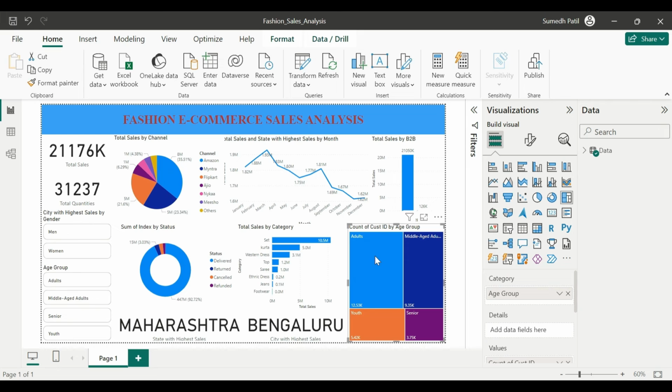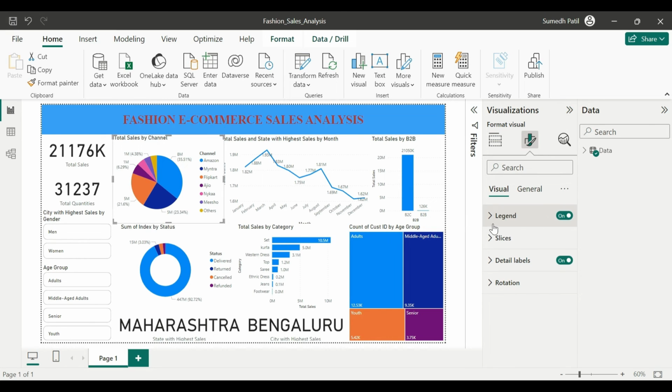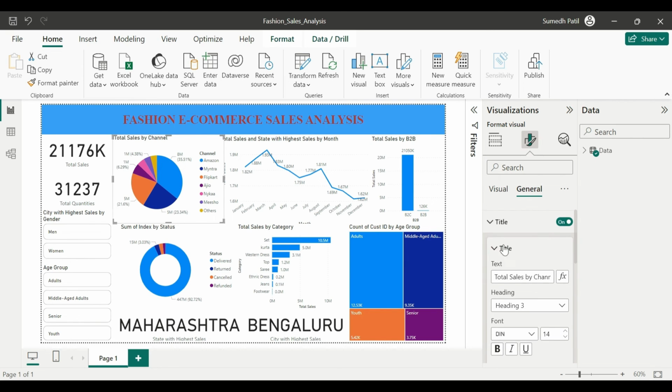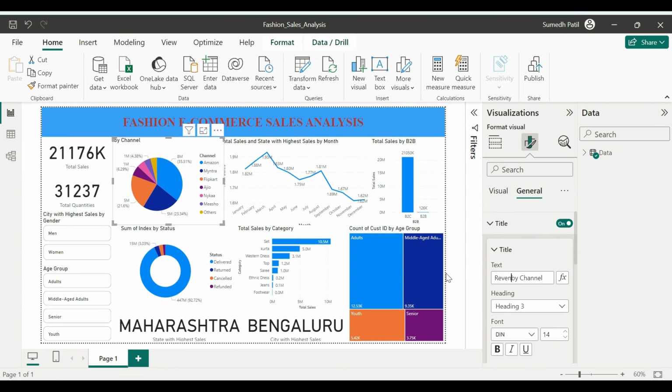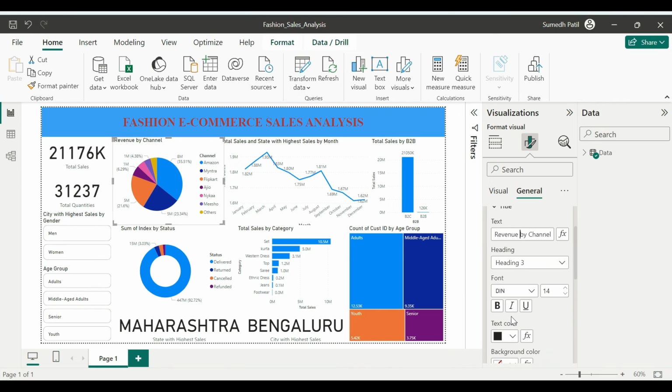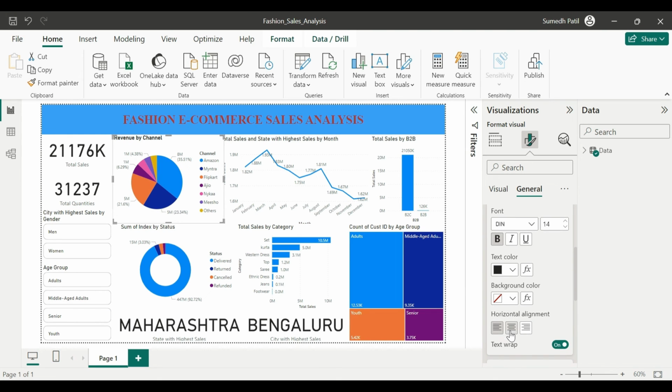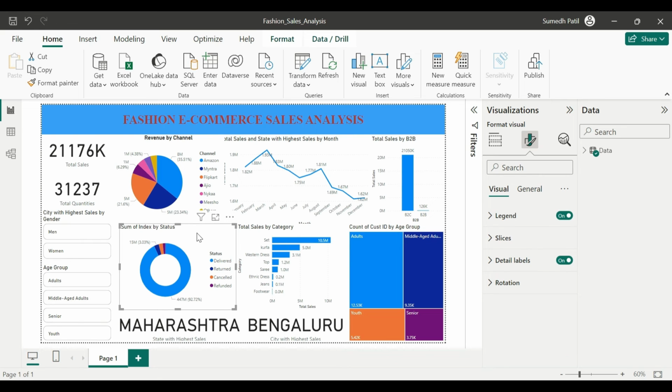Now we have to modify a few things such as renaming the charts, and for the total sales by channel I am going to rename it with the help of the visualization pane, and the title is going to be revenue by channel. I'm going to make it bold and bring it to the center. Similarly, for the pie chart,